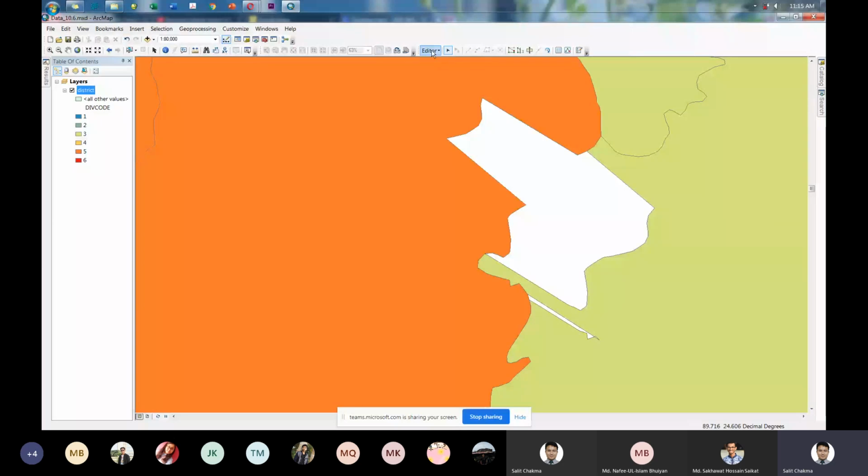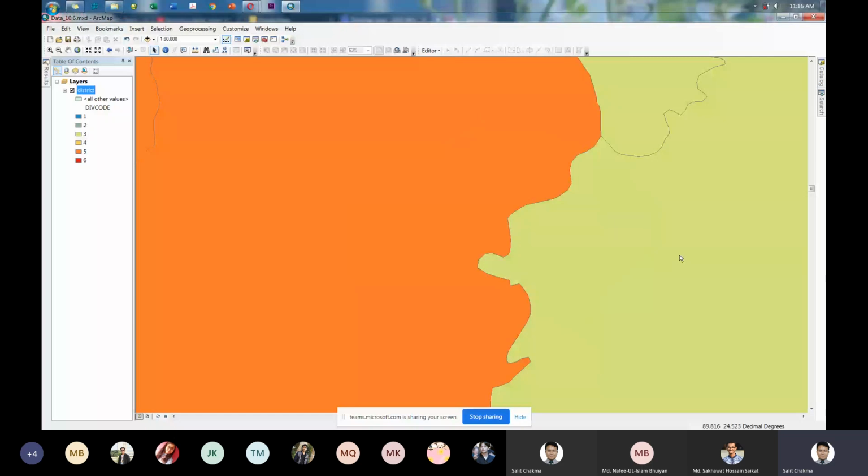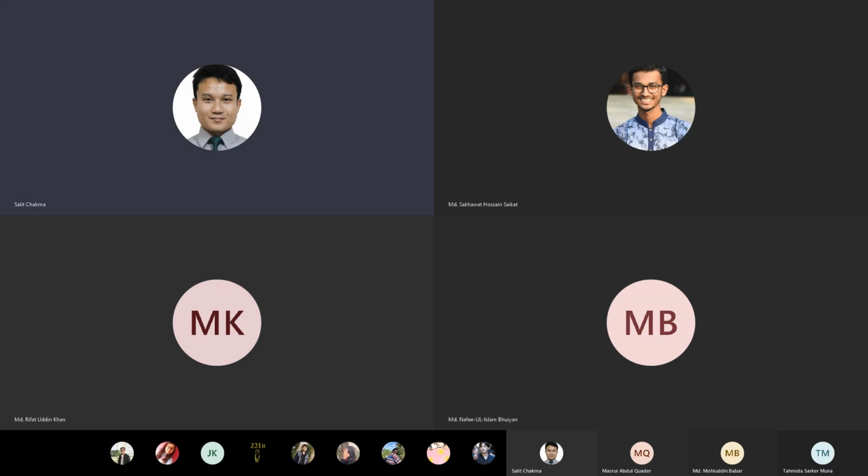So what I'm going to do is I'm going to say stop editing. Do you want to save your edits? No. So now, if you look, that's the proof that in a shapefile, they have two boundaries that are shared by two different polygons. Okay,